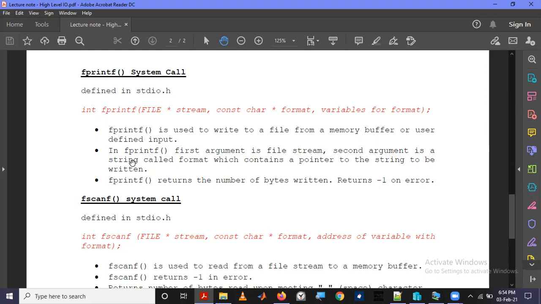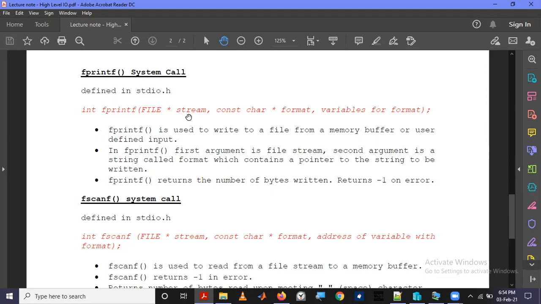Otherwise, if it is successfully able to write, I mean print to the file, then it will return the number of bytes written to the file pointed by this file pointer. So this stream is nothing but a file pointer opened using the fopen system call.